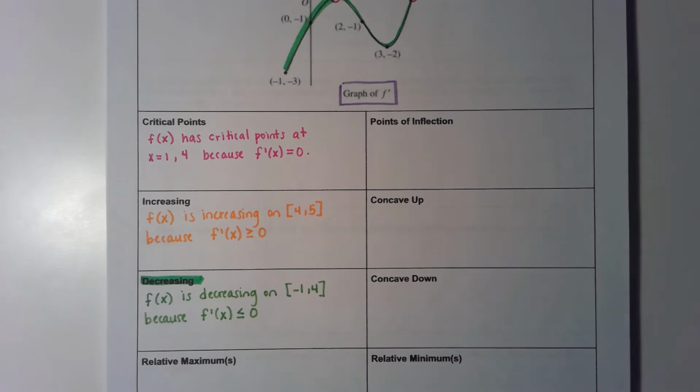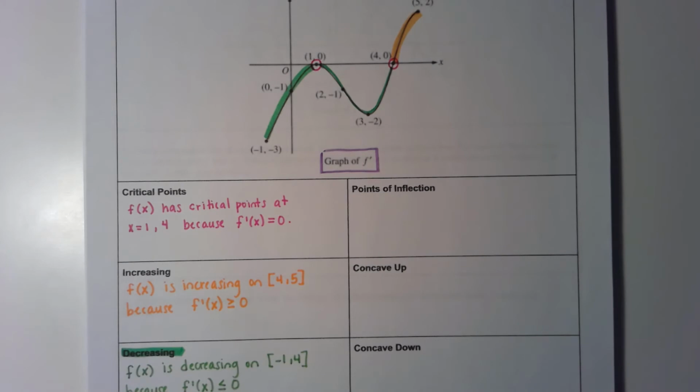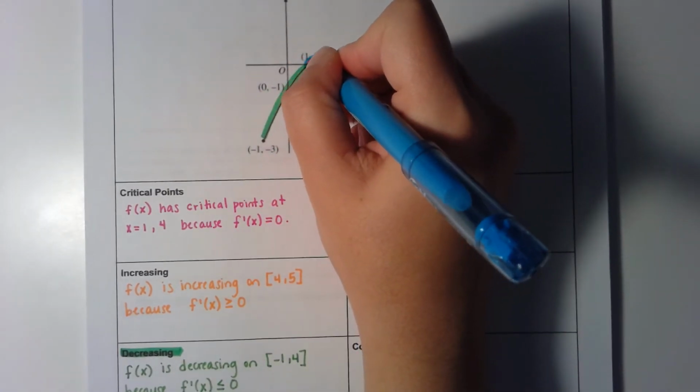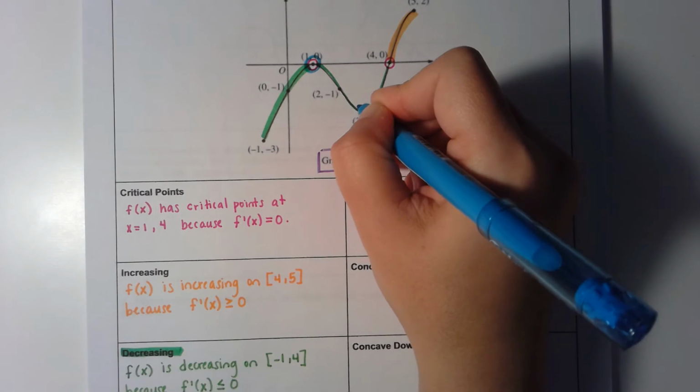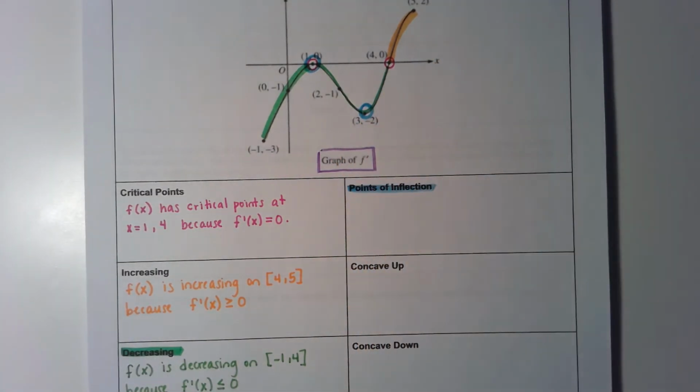Now let's jump over and talk about points of inflection. Points of inflection are going to be places where the slope of f prime changes signs. That's going to happen at this point right here, where the slope changes from going uphill to downhill, and this point right here, where the slope changes from downhill to uphill. So points of inflection,